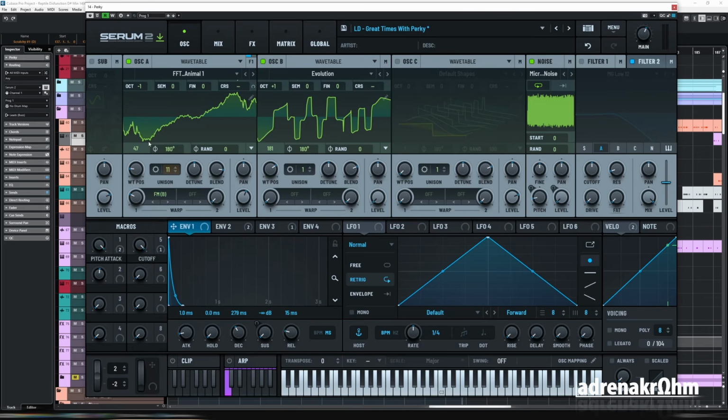So there we go, a percussive lead in Serum. Just to reiterate what I said at the beginning, I often get questions from beginners who open up a synth like Serum and get absolutely overwhelmed by the sheer number of parameters. And what I say to that is, start simple, conceptualize the sound in your head, what you're trying to achieve,